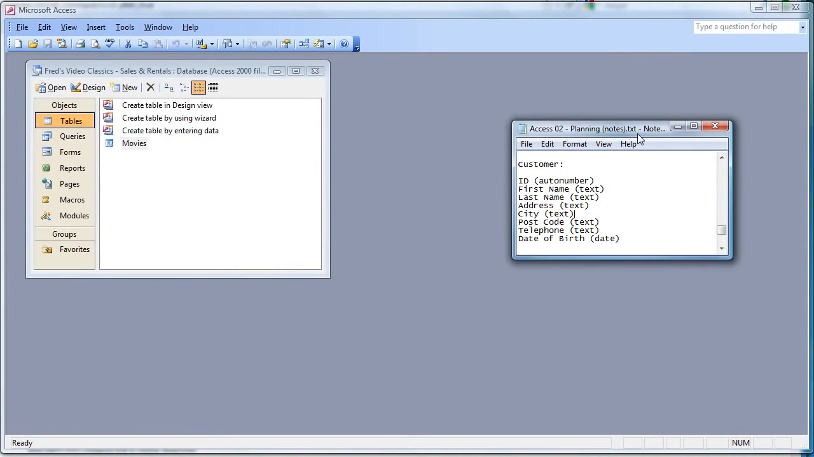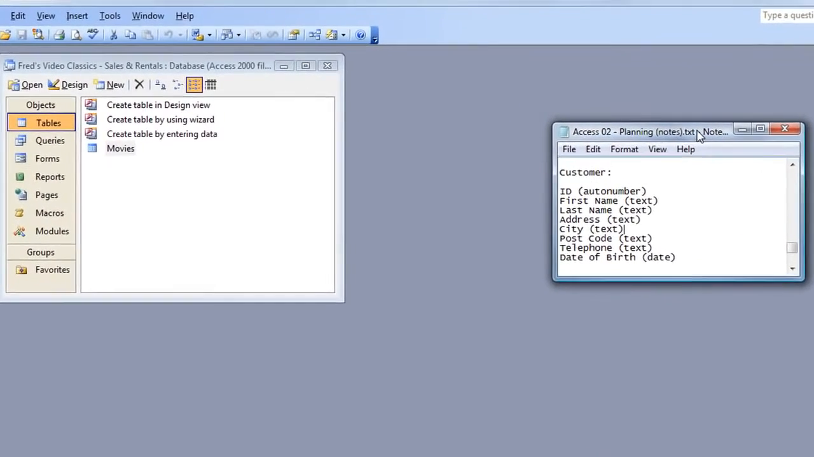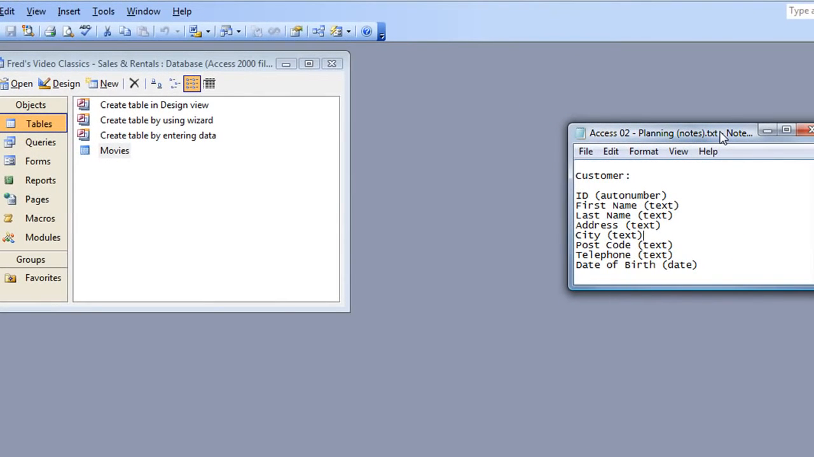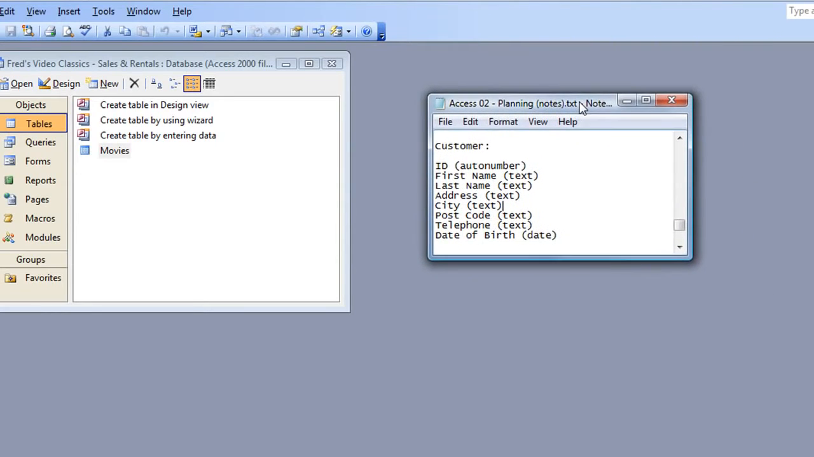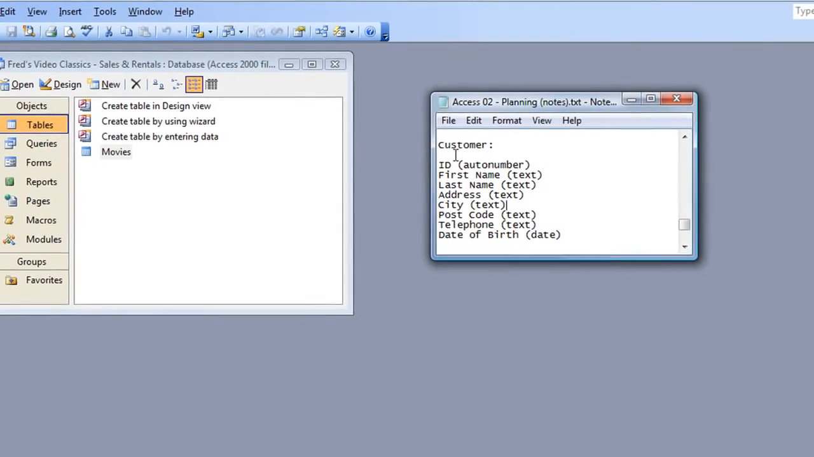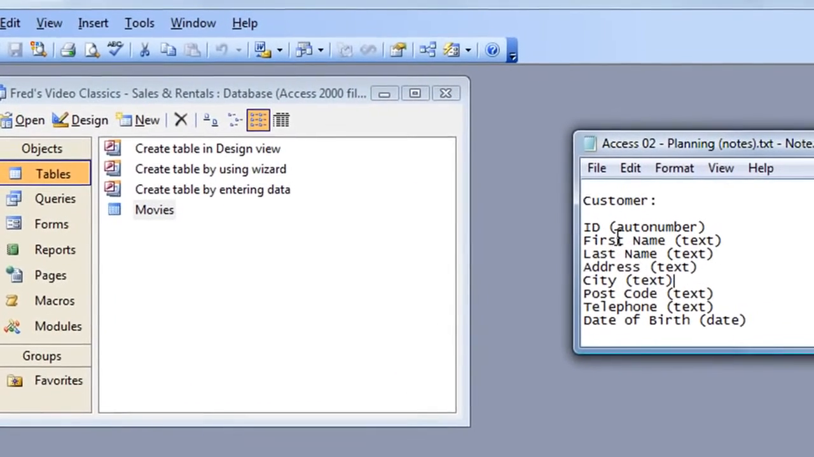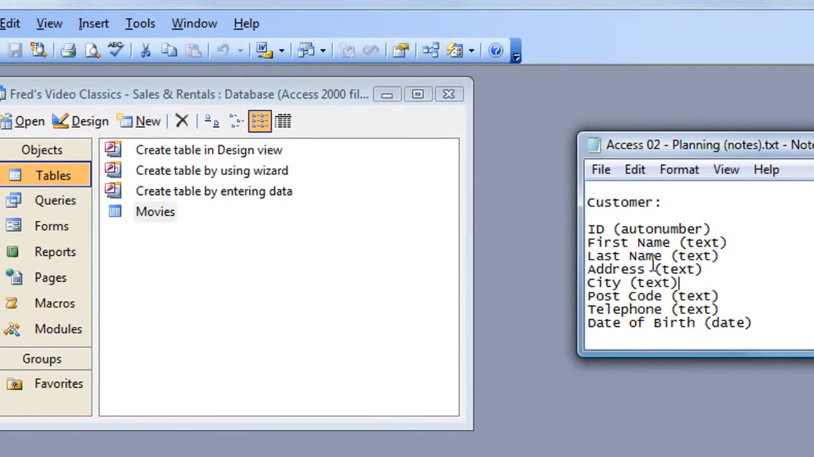In this tutorial we're going to start creating the second of our tables for the database, and that is the customer table. Now, as you can see here from my planning list, here are the fields that I'll be putting into the table: ID, first name, last name, address, which could be the street, house number and street name, for example, city, postcode or zip code if you like, telephone number, and the date of birth, which might be relevant